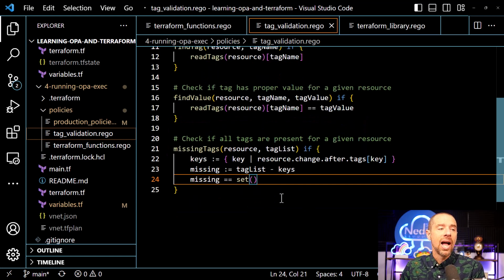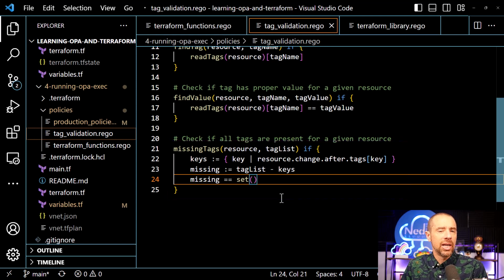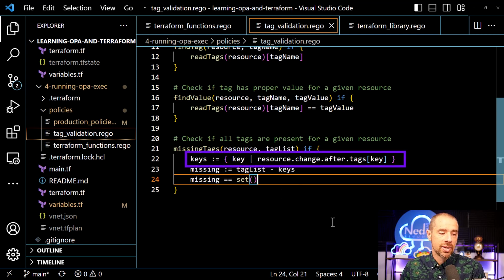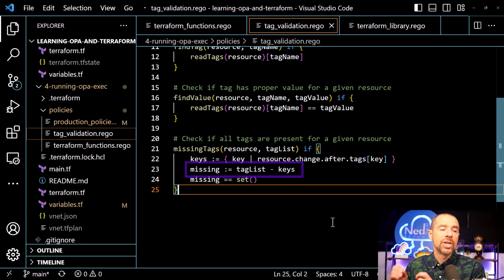And then lastly, I have a function here that checks to see if any tags are missing from a list of tags that are required. So it takes a resource and a tag list. And the syntax here is a little bit interesting, so I did want to go over it very briefly. First, we're extracting all the keys from the resource that's passed into it, all the keys for the tags. And then we're doing an operation where we subtract that list of keys from the list of tags that was submitted. If there's anything left, that means there's some required tags that were not in the list of keys, so